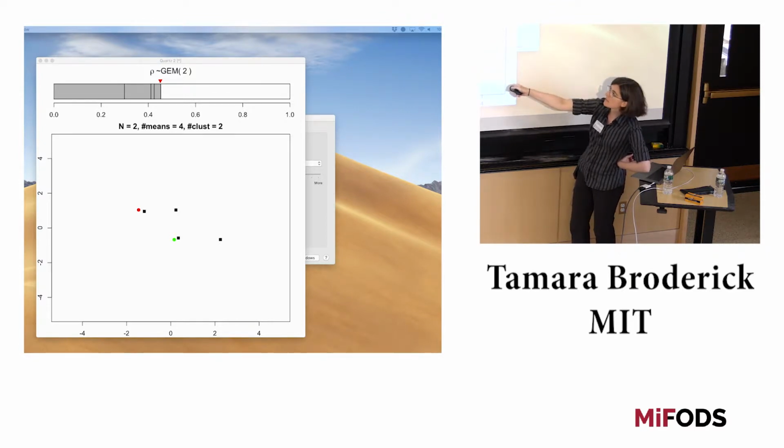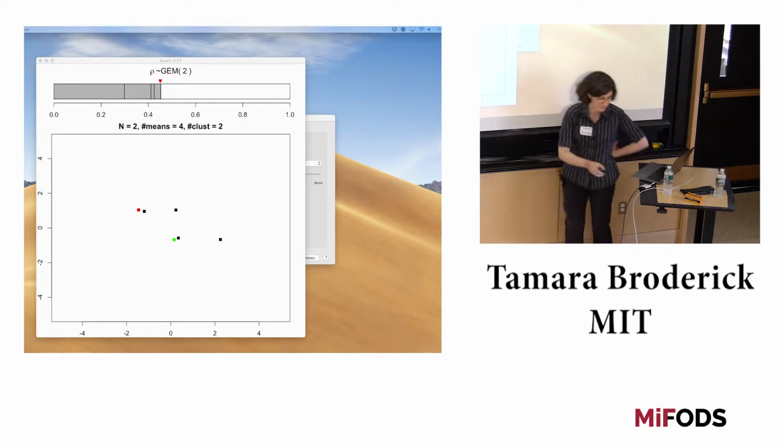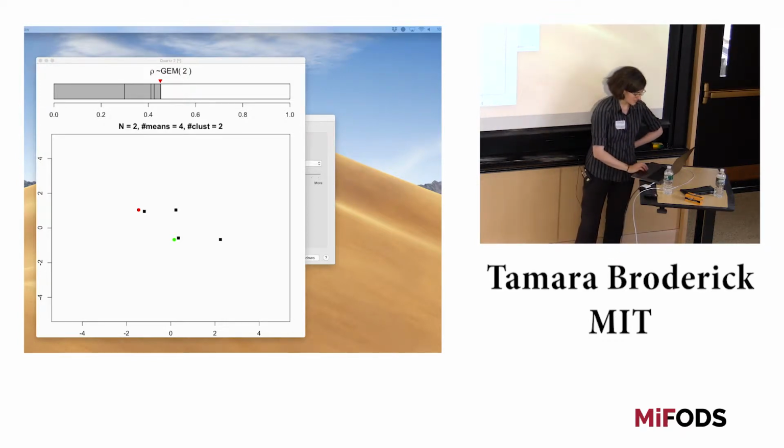Now, finally, what's happening here is I'm plotting the data point, the xn that I actually generated given that assignment of a data point to a cluster. So one of these data points belongs to one cluster, and I give everything in that cluster a particular color. In this case, it's red. One of these data points belongs to another cluster. I give everything in that cluster a particular color. In this case, it's green. And I'm going to keep doing this.